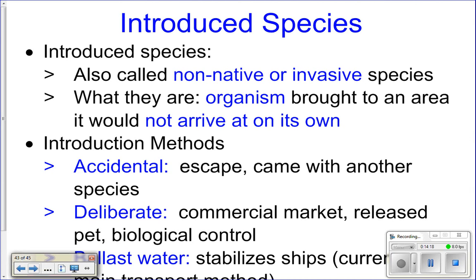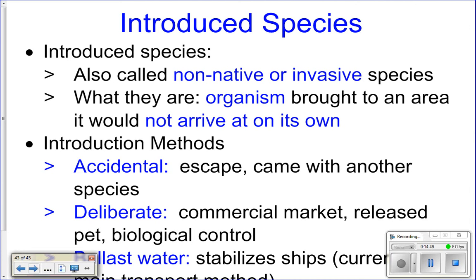The way that they actually get introduced into estuaries would be accidentally. So, for example, you have a pet, okay, and it escapes, and that pet is pregnant because it's a female, and it reproduces, and the babies reproduce, and all of a sudden you've got an introduced species in a habitat where you normally wouldn't have had it.